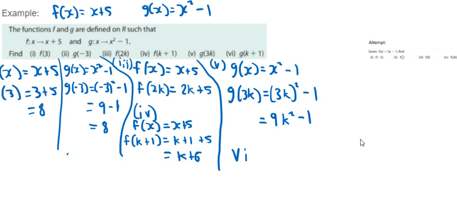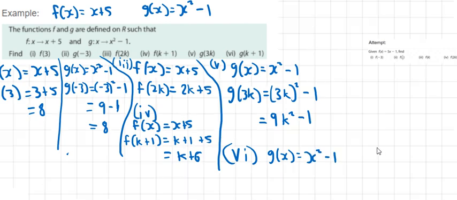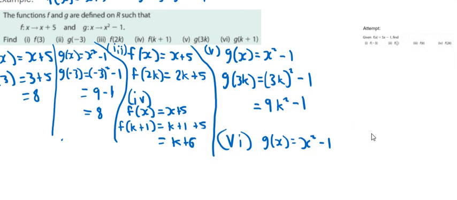The last one here then, I'm putting in k plus 1 instead. So I'm using g again. It's g of k plus 1. So g of x equals x squared minus 1. So now I'm putting in a k plus 1 instead of the x. So g of k plus 1